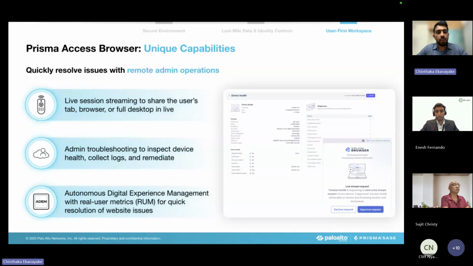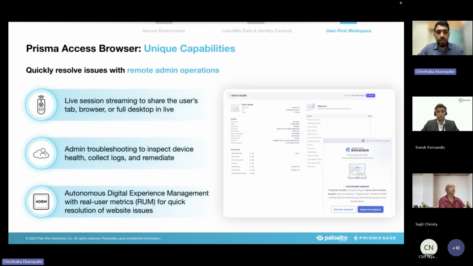manager. And one of the other interesting features that we have is capabilities around live streaming as well. So let's say there is a third-party contractor who is working on the product, and there are some issues that the contractor is facing. They're saying, okay, I don't know how to navigate this, or I want some guidance in terms of navigating. So we can actually take a live session of that user's page, and we can look at it, and then we can guide the user. You don't need another tool like Zoom or some other tool to actually control it. And then we'll be able to collect the troubleshooting information also directly.